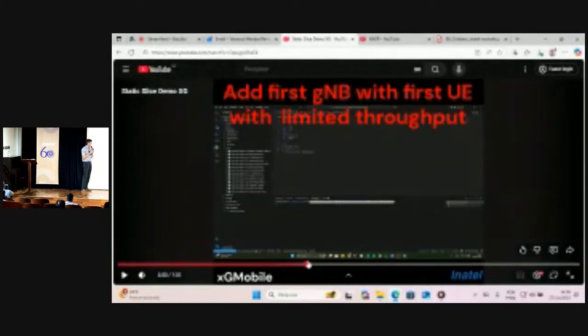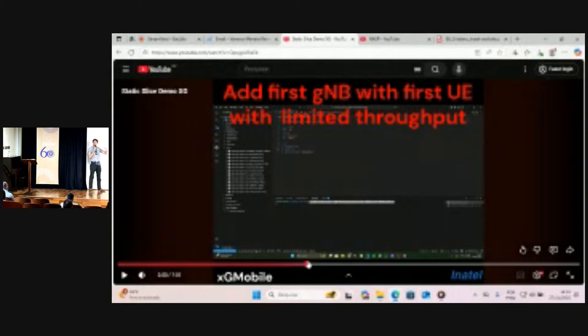Okay, I will discuss this part. In Kubernetes, we have the pods, and this part is all the components for the core, for example, the UPF, the AMF, and the NSSF, and all the components are stated here. In these configurations, we are sharing the UPF.